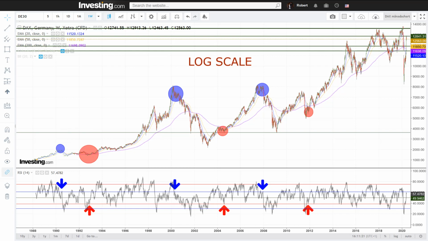Accumulation, December 7, 1992, buy at 1489 and 1476. Distribution, May the 1st, 2000, short at 75.30. Accumulation, August 9th, 2004, buy at 36.47. Distribution, Christmas Eve 2007, short at 80.67. Accumulation, June 27, 2011, buy at 54.92.